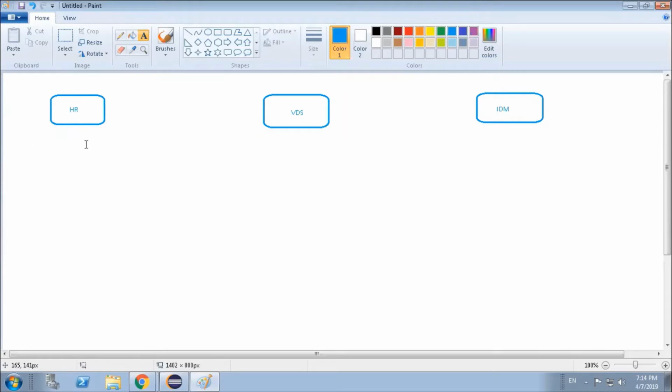Their first name attribute and last name attribute are in a completely different structure. In IDM also, first name and last name are stored in a completely different structure. So in order to map those attributes, we need a VDS system in between.